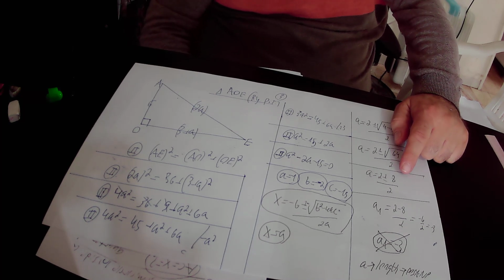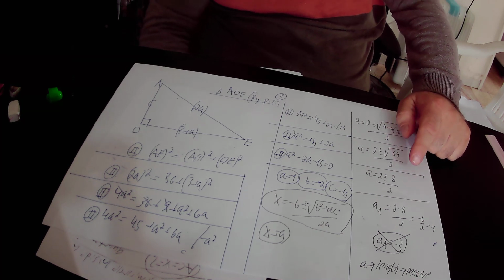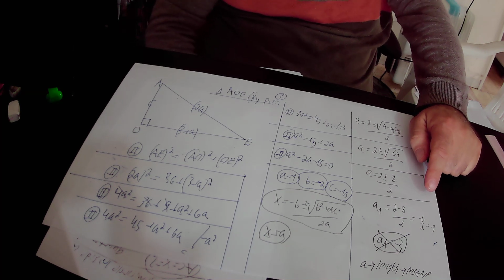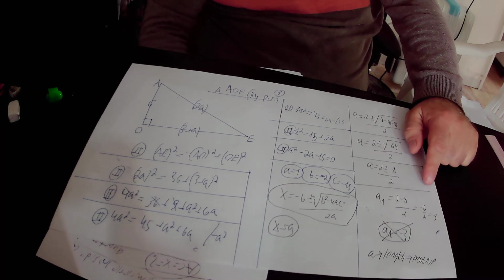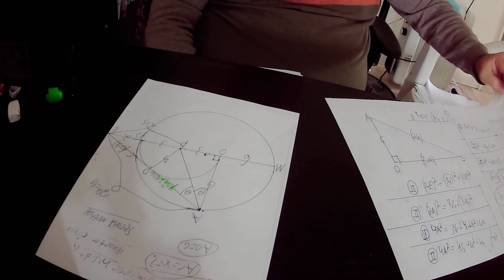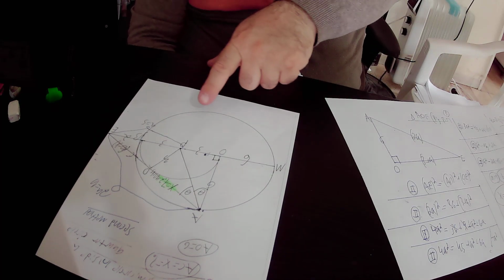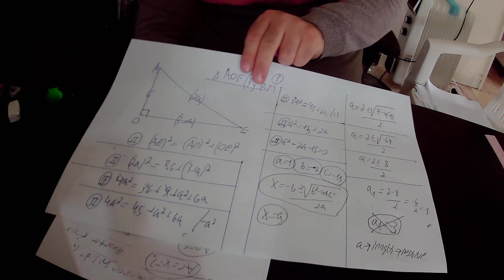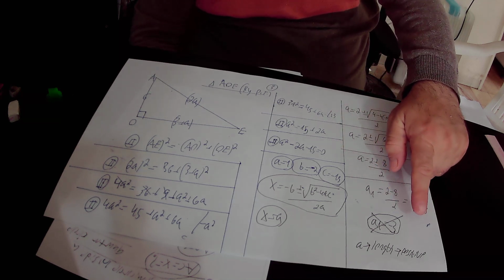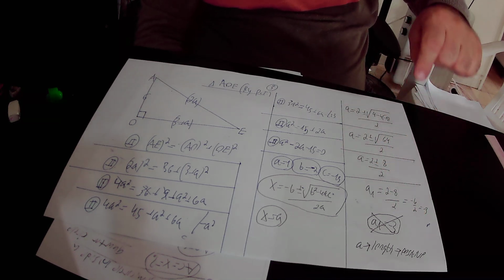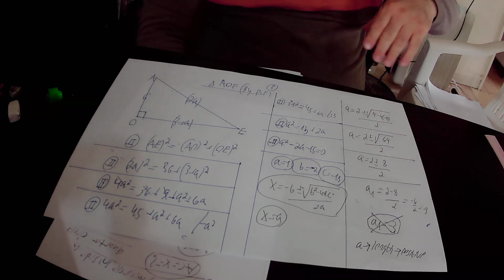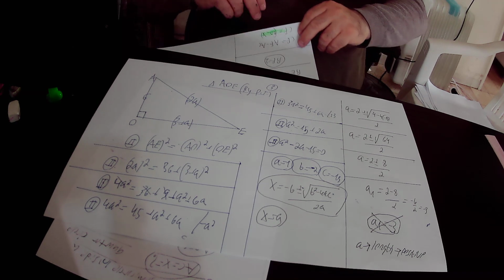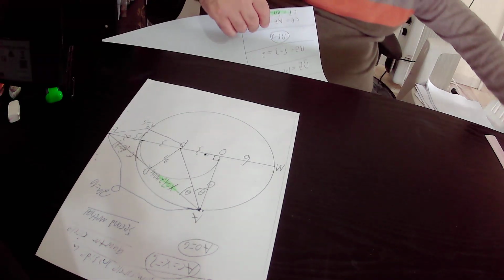So here we will have two possible solutions for A. The first solution is A1 equals 2 minus 8 over 2. 2 minus 8 is minus 6, and minus 6 over 2 is minus 3. But because A is the length of side PE, it must be a positive number. So A is a length, and as a length it must be a positive number. It can never be equal to minus 3, that is a negative number. So we cancel this solution. This is an incorrect solution, and we are left only with the second solution,